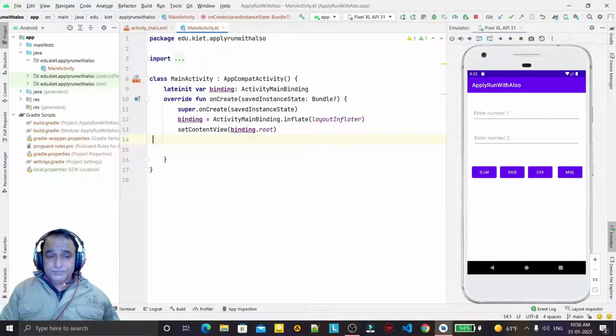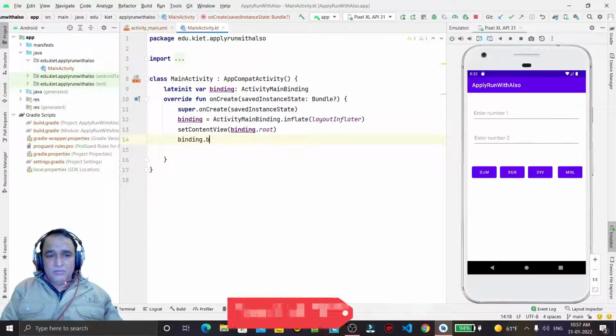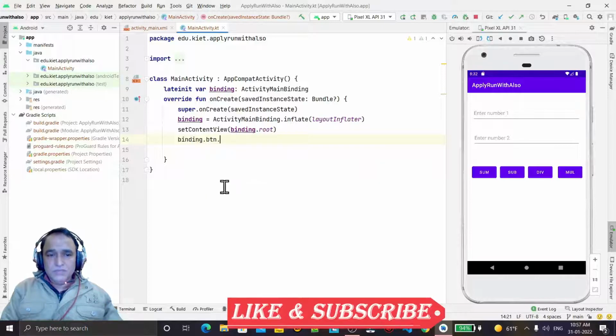So here, with the help of apply, also, with, let, run, we are going to calculate the sum, subtraction, division, multiplication. So just binding dot btn, btn sum first of all,